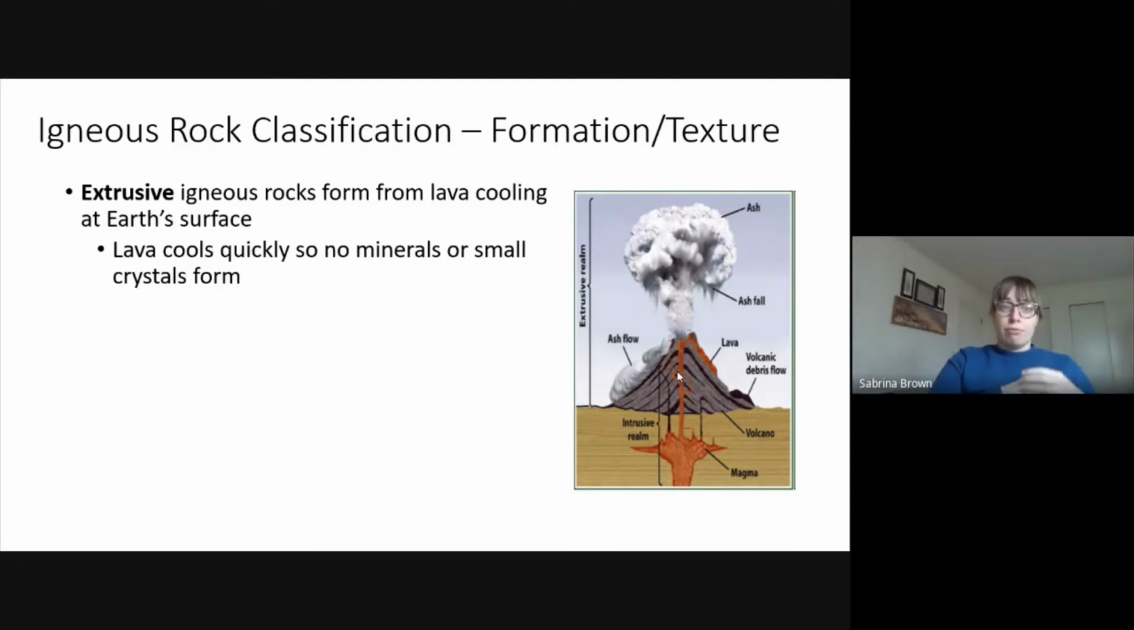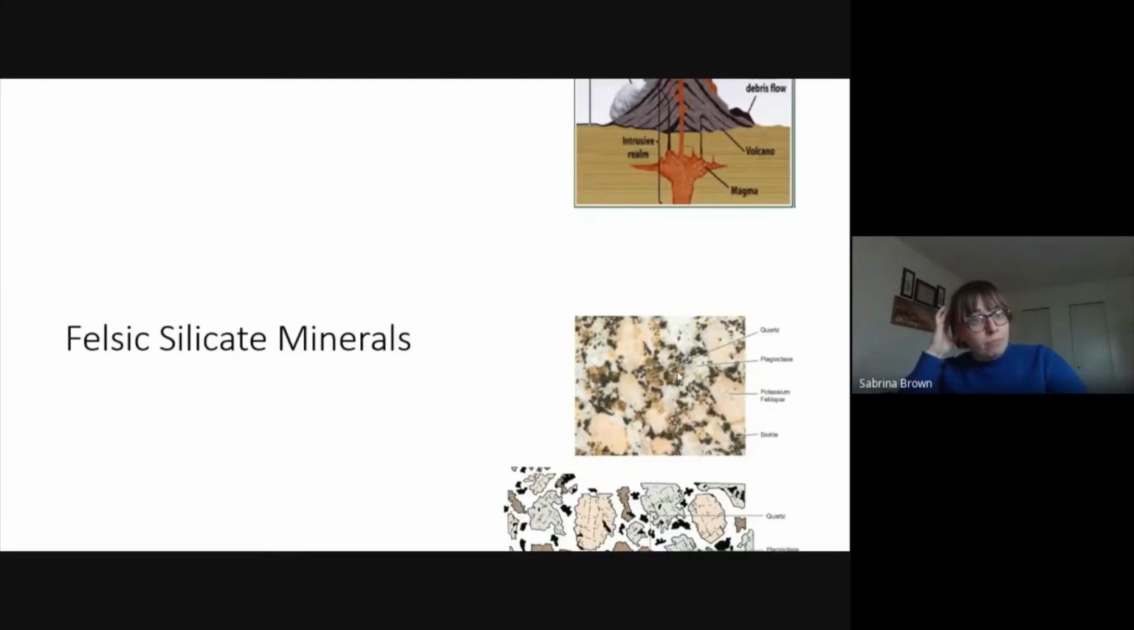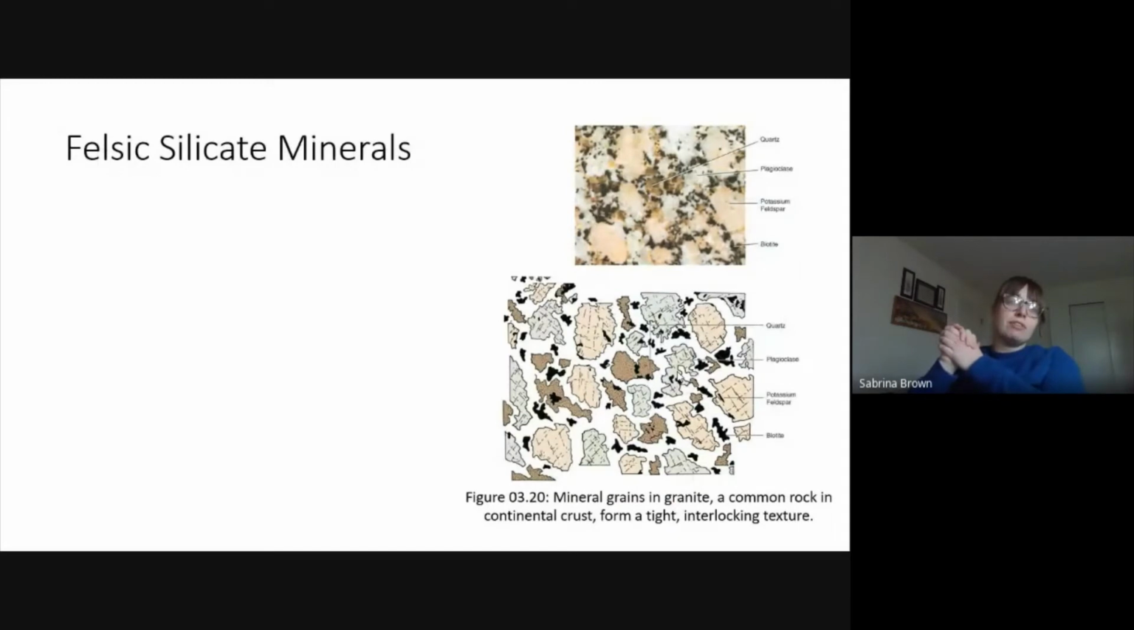Intrusive igneous rocks that form underground have a lot longer to cool, and so they're able to form large crystals. So in the lab, we can identify intrusive and extrusive igneous rocks based on their texture, right? Based on how big those crystals are. All right, here's our felsic and mafic silicate minerals. So we have our texture related to intrusive versus extrusive